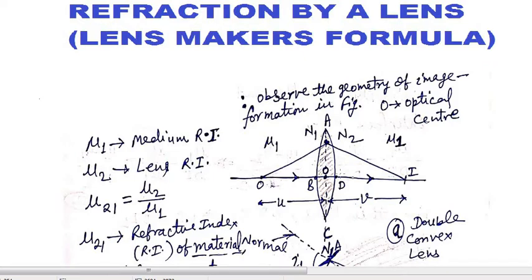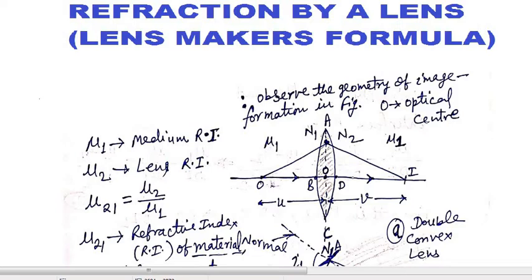So if we have to measure the distance of any point from the optical center, it can be measured from the B as well as D. Suppose we have to measure the distance of this I from the B, so it will be BI, and from the D it will be DI. Both BI is equal to DI, as we have considered here BD is equal to 0. Here distance BD is equal to 0, as we have considered the thin lens. This is the approximation we have used here.